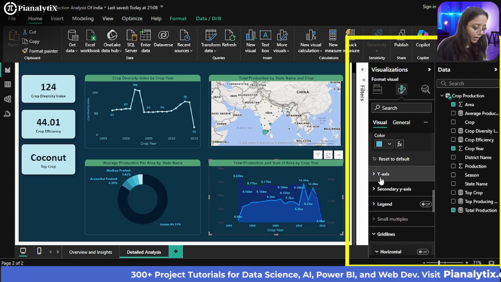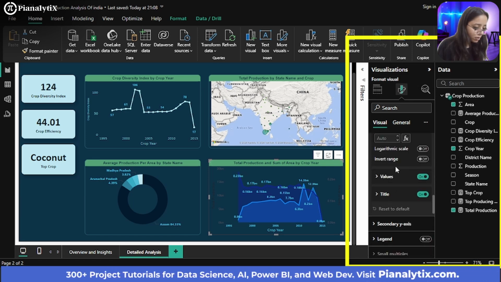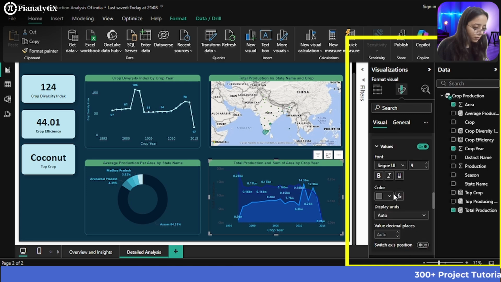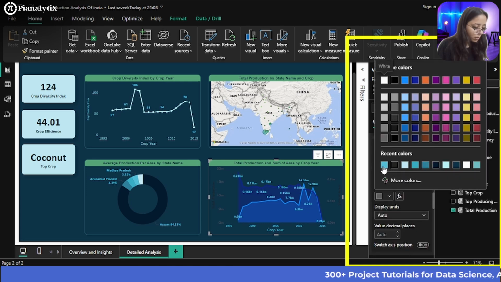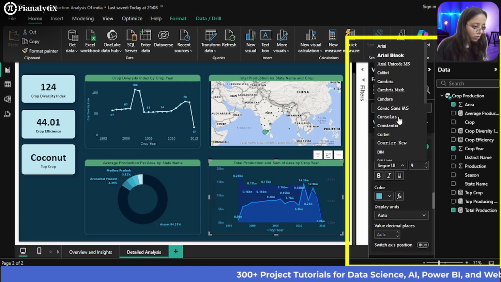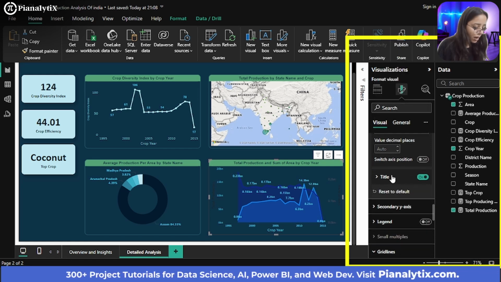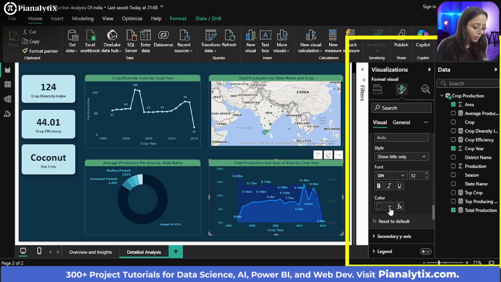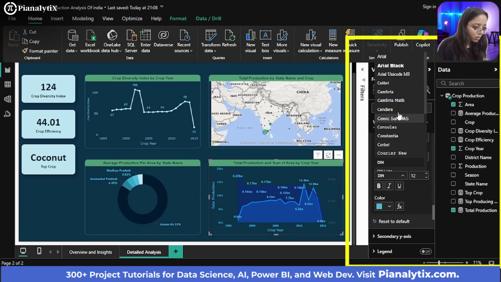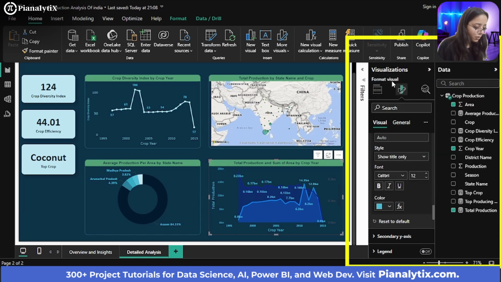Then my y-axis, go to the value section, and again I will make sure my font is Calibri, and my title again here, Calibri.